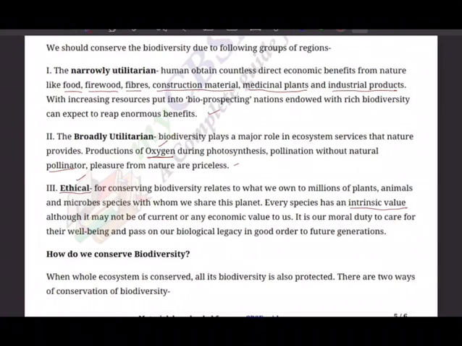It is our moral duty to care for their well-being and pass on our biological legacy in good order to future generations. So it is the responsibility of the present generation that whatever our forefathers and fathers presented to us, nature in the same form, at least if not an improved form, we need to present to our children and future generations. Then only is there meaning in saying live and let live. So let's do that. Let us respect all the species and